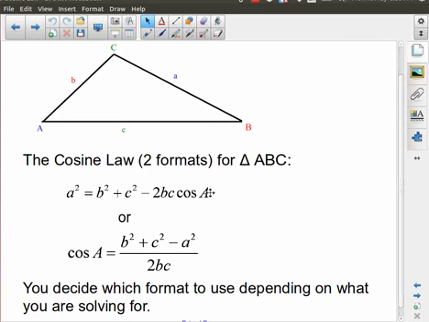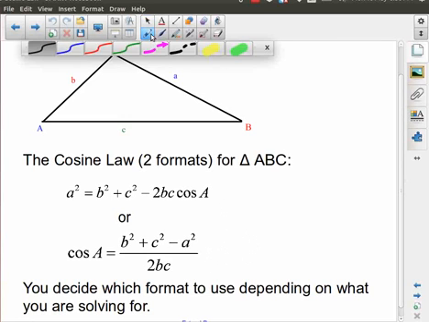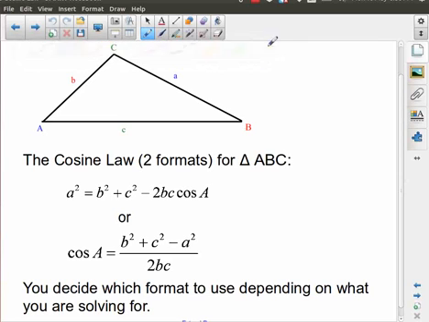So as I did before, I'm going to start with the formula for the cosine law, the relationship for the cosine law. Then I'll do a couple of examples showing how to use it, and then I'm going to show a derivation of how you actually come up with it using right angle trigonometry that you should already be familiar with. So the cosine law is a more complicated relationship between the sides and the angles,